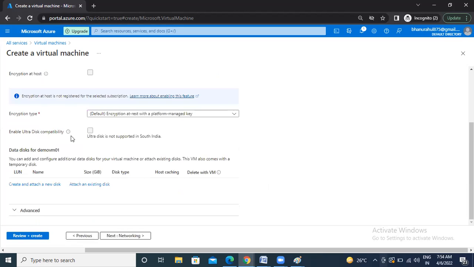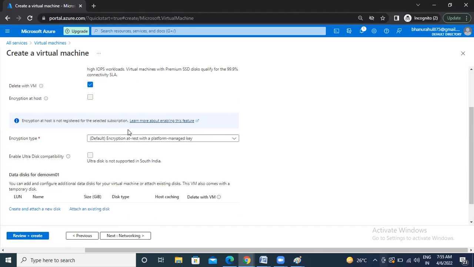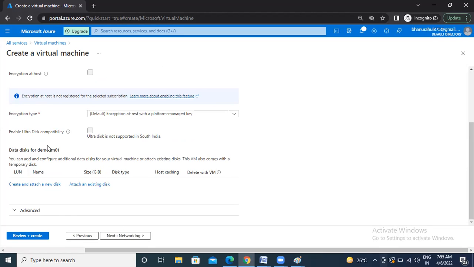And we don't need to select ultra disk compatibility. We are not using that currently. And here, if you want any additional disks, right? So by default we have not selected any OS disk here. Okay, but when you are creating a VM, by default the OS disk will come as 127 GB. You don't need to select anything, the sizes or anything for the OS disk. Okay, so now for an additional disk, if you want an additional disk, then you have to create and attach a disk here. Okay, currently